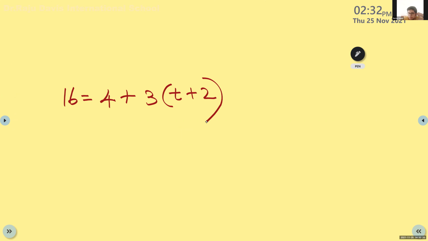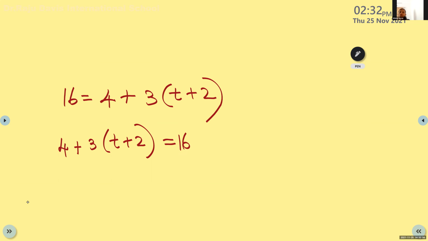No problem. Because children, if I write 3 is equal to 2 plus 1, one equation. If I write it like this, any problem? Everything on the right side, I am taking to the left side, and everything on the left side, I am taking to the right side. That means equation never changes, no? Same meaning. So you can put all this right hand side to the left hand side, no problem. So it will be looking like this. So it is easy for you to do the problem. Now find out the answer yourself.